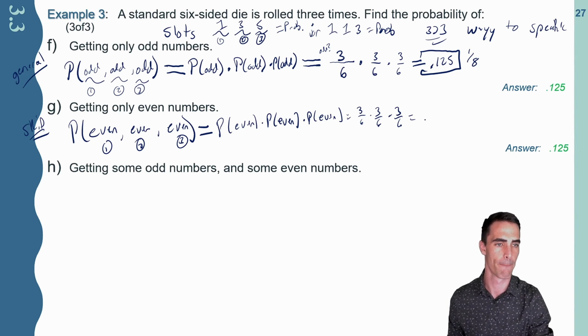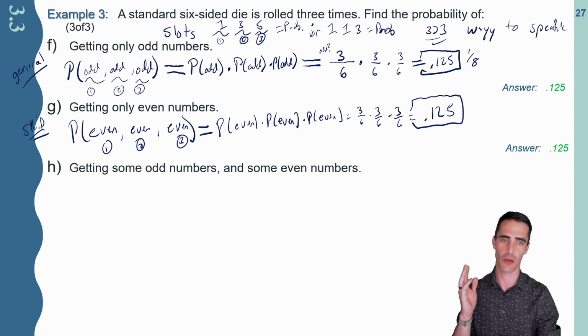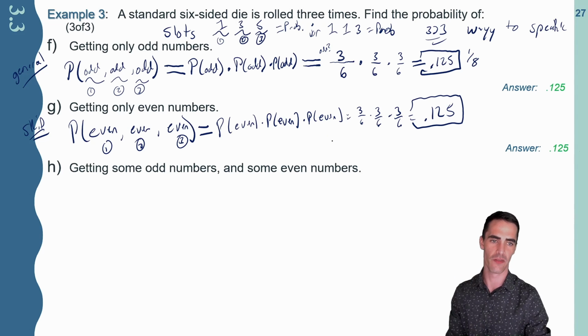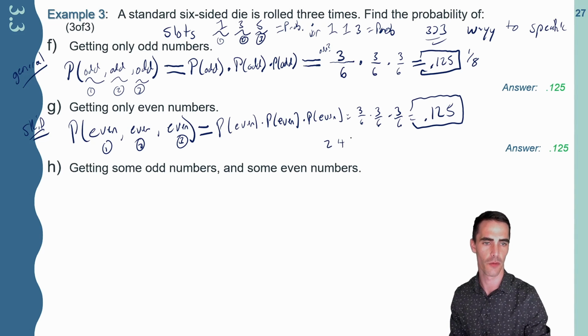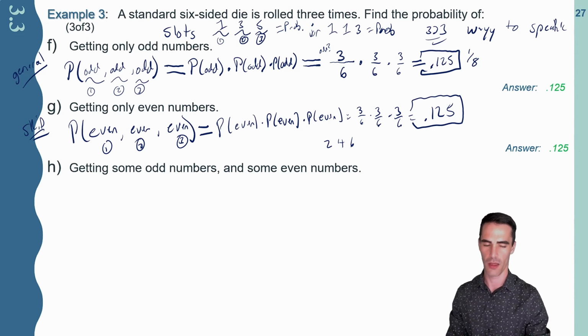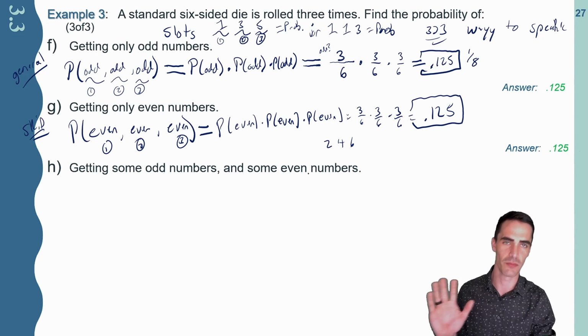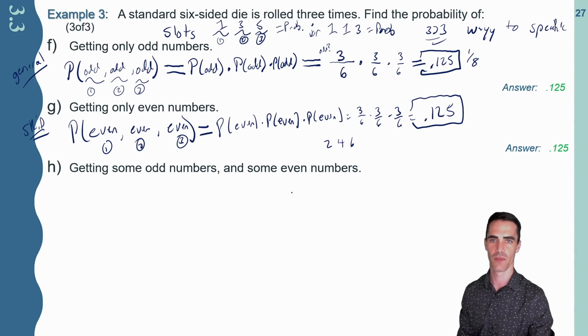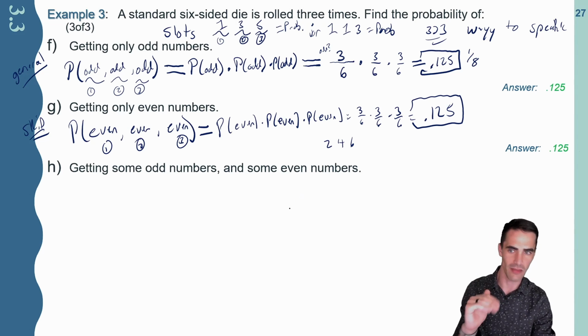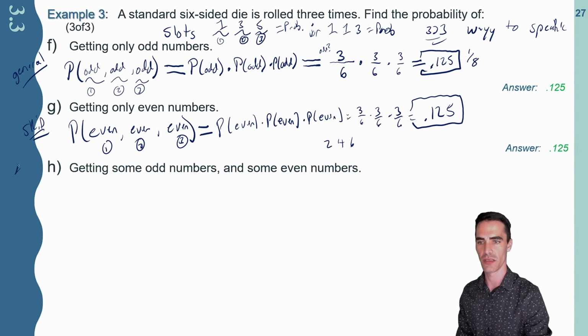So we get the exact same probability because the situation is the same, right? When we look at even numbers, there are 3 of them. There's 2, there's 4, and there's 6. There are 3 even numbers. And so the math works out the same, even though it's a completely different event. Now, look, the reason we did those 2, odd and even, is it's going to help us out with this